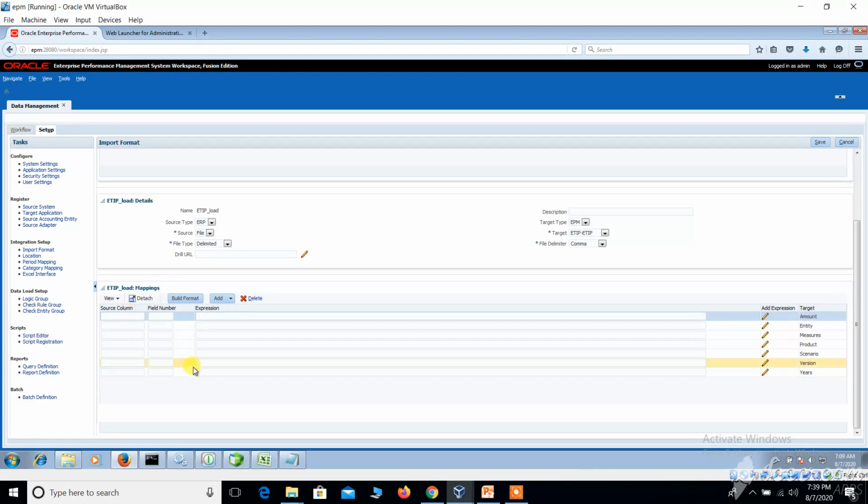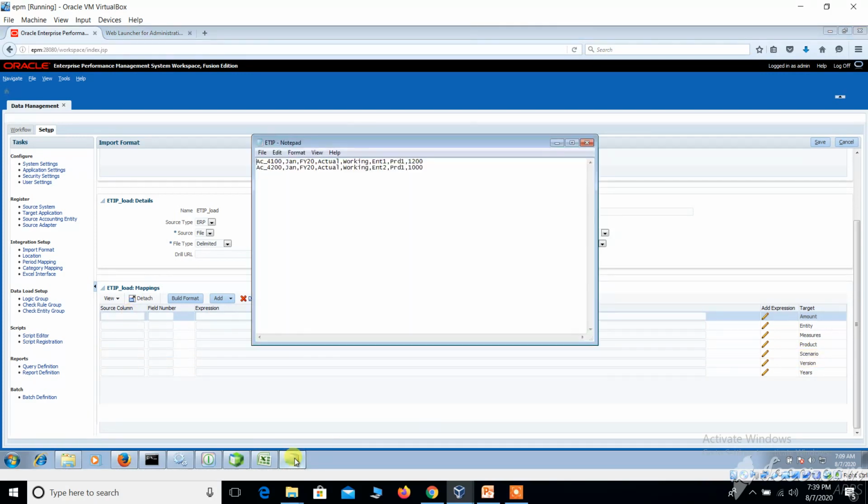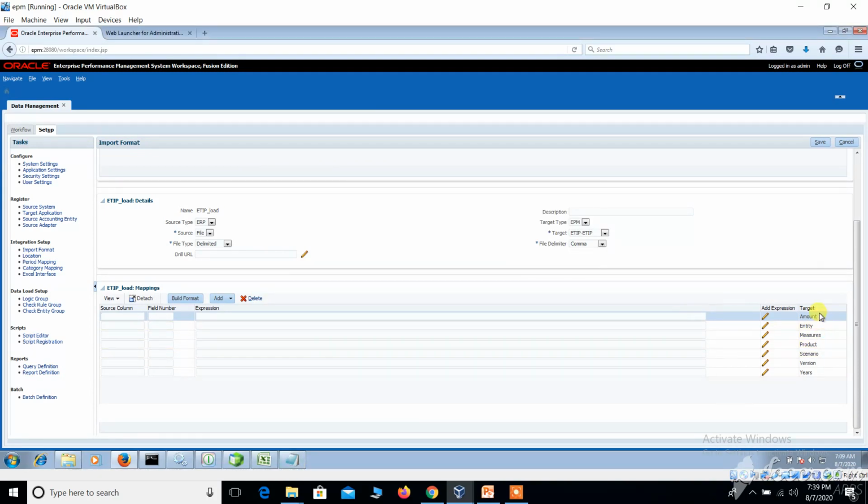That is the source column. We can open that file. You can see right now we have the account dimension, period, year, financial year, actual, working, entity, prod 1, and amount. Coming to the first, the first target is amount.